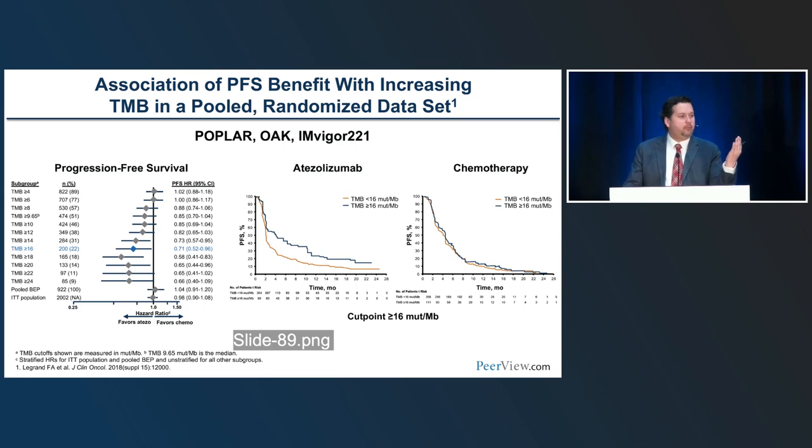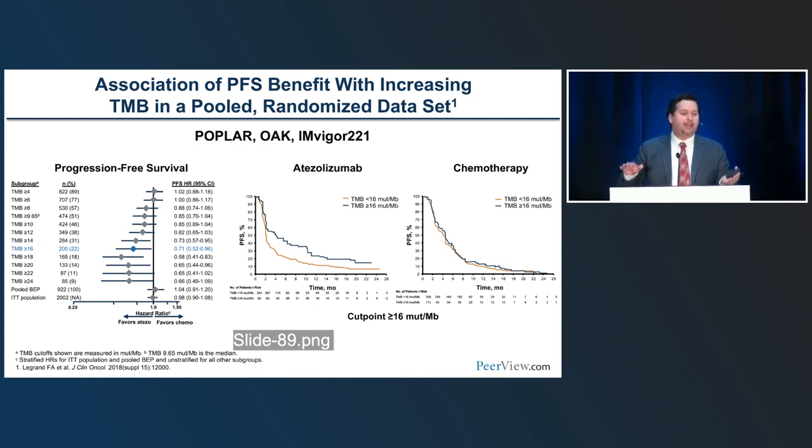So we get a number of mutations. And then whenever we have a continuous metric, a big question is what is the right cut point? And this has been difficult to establish because, as you can see in this chart, there is a clear relationship between the number of mutations or cut point and the hazard ratio, with the highest number of mutations having the lowest hazard ratio. So that means that the higher the cut point, the better the benefit, but the fewer patients